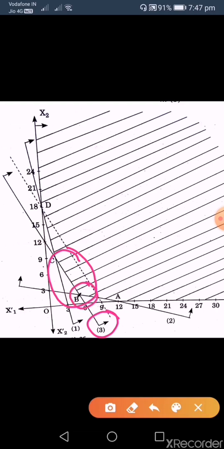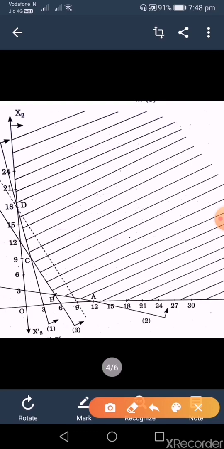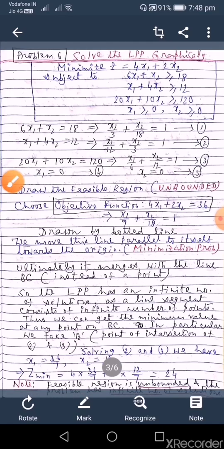It may be B only, it may be C, or in between any point B and C. For sake of simplicity, we are considering here the point B. The point B will be obtained by solving the equations 2 and 3. You see, B is the point of intersection of second line and third line,